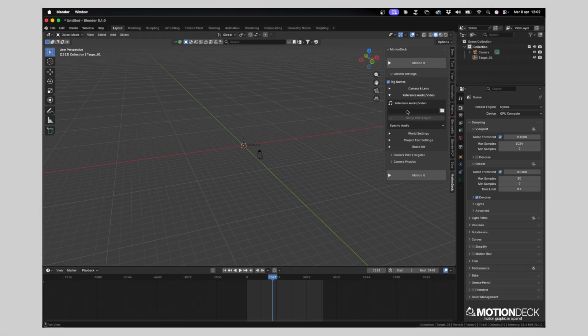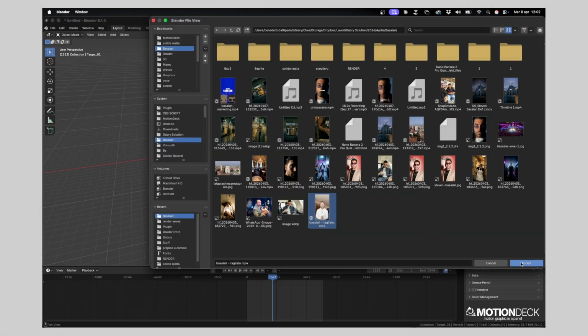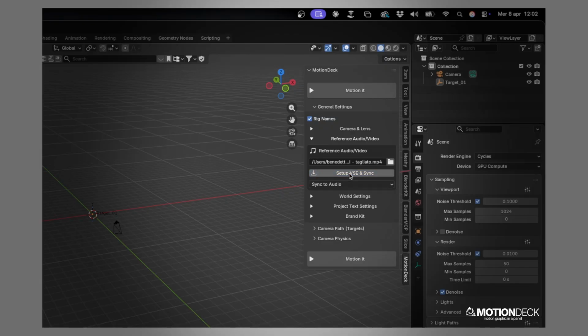In the Settings panel, we can easily load a reference file, audio or video, so we can listen to our